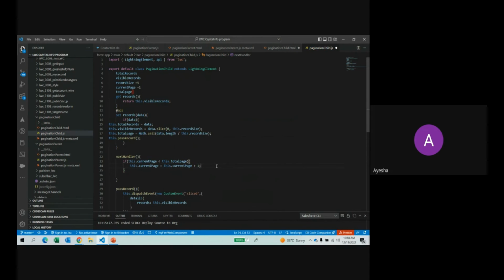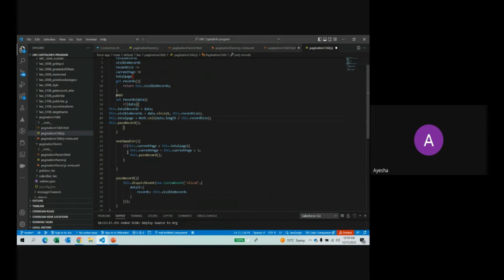And after that I'll call my method, this.passRecord, and I want to pass